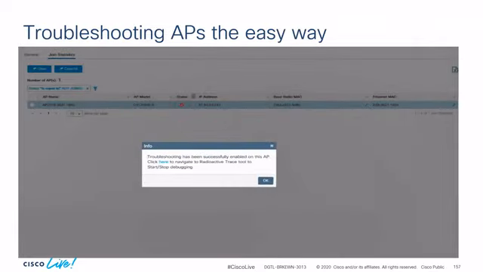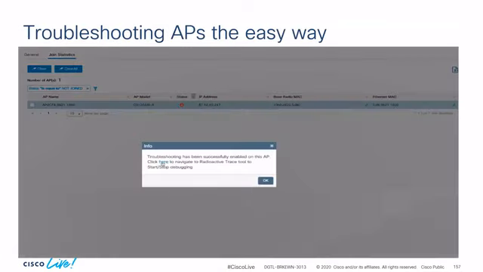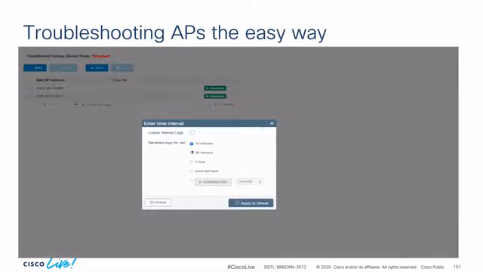So what you can do is use the gear button and choose the two MAC addresses so that they show up under the radioactive trace for debugging. Now you go ahead and start the RA trace, attempt to rejoin the AP, then go ahead and stop that. And by hitting the generate button and looking at it over the last 30 minutes in this case, you will